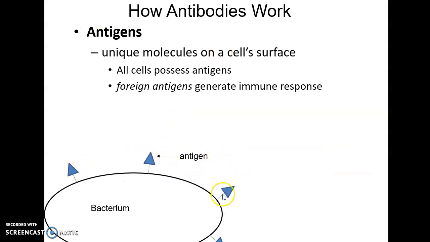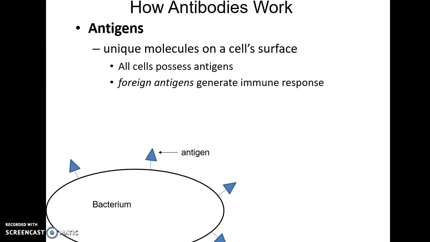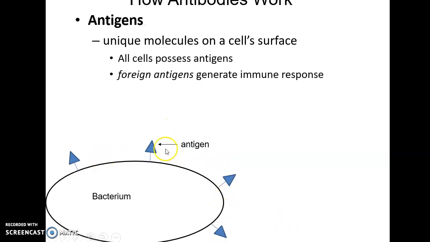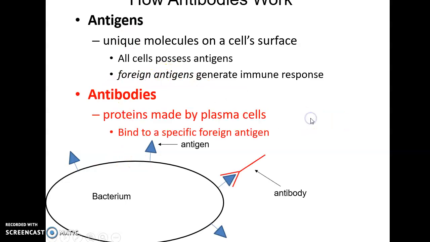Antigens are specific molecules on the surface of a cell. So bacteria have antigens, viruses have antigens, our own cells have antigens. They're just something on the surface, a shape. So in this case, it's a triangular shape. And if that shape does not belong in our bodies, then we get an immune response against that foreign or invading antigen. Antibodies are proteins that can bind to the antigen. So the antibody is made to bind to this invading antigen. When it binds to it, it can inactivate or destroy the pathogen, or at least make the pathogen easier to be recognized by our own